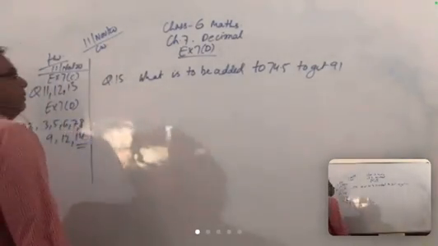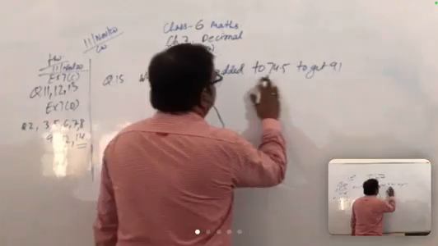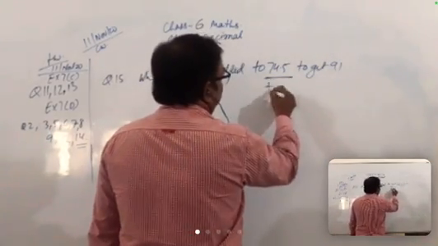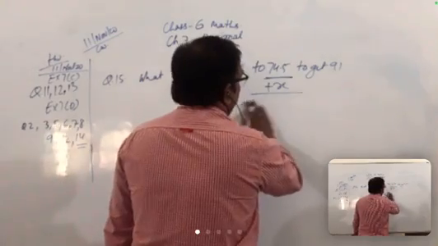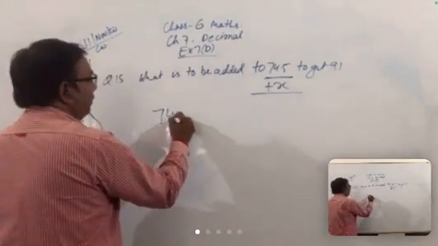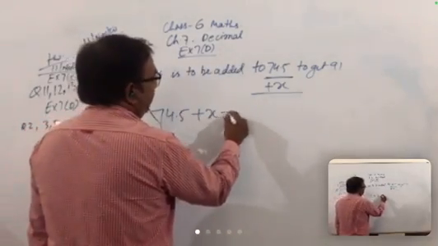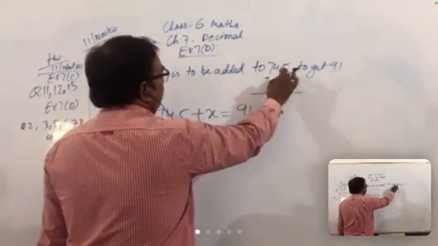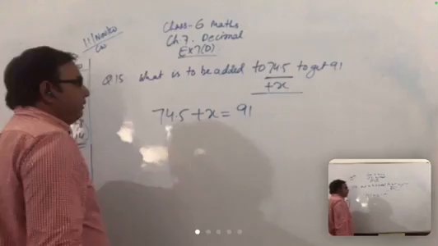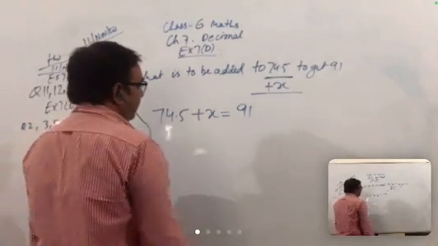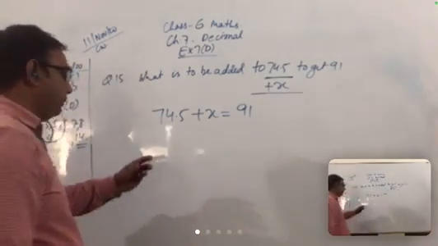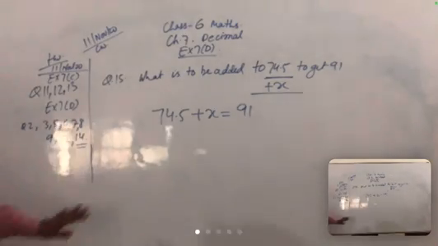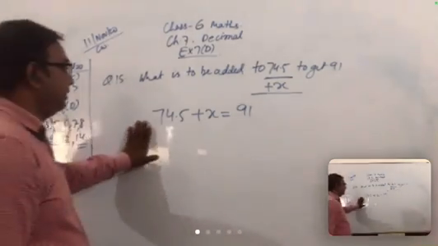Then क्या क्वेश्चन क्या? What is to be added to this number to get 91? If we suppose we add x, तो हमारे को मतलब 74.5 plus x is equal to 91. What is to be added to 74.5 to get 91? Suppose हमने उसमें x को ऐड कर दिया, ठीक है? तो हमने जब x को ऐड कर दिया तो then we can solve x. तो हमने क्या लिखा? 74 minus